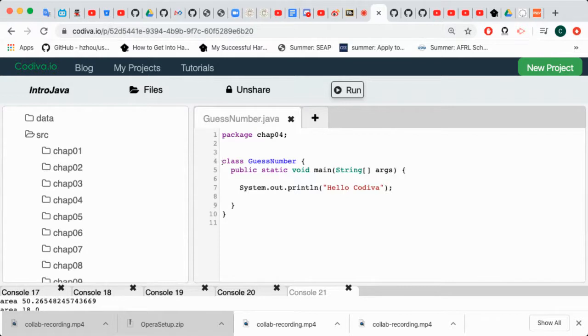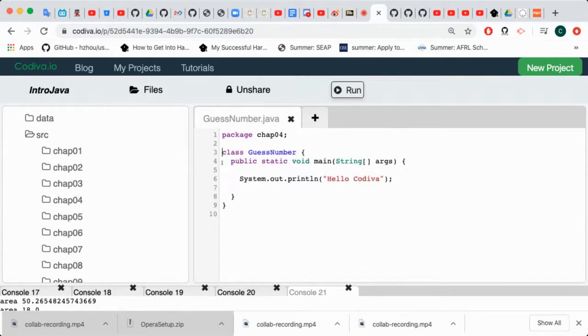Okay, the first thing we do here, change this to public. And let's leave the main method here. We'll delete that. So for this program, we'll use chapter 2 to generate a random number between